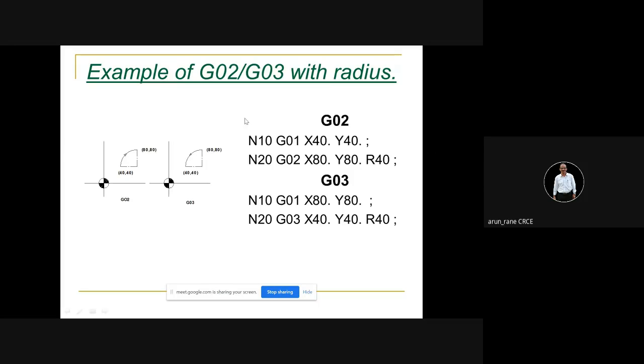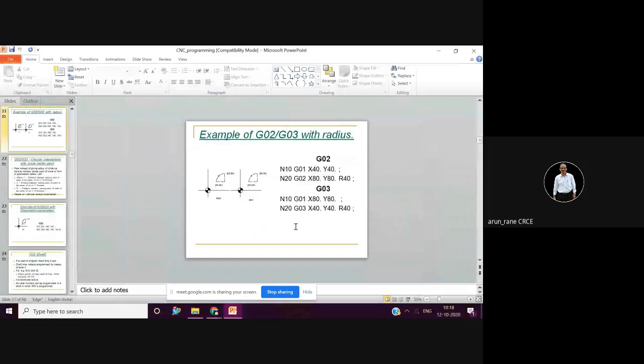Now by default, this is all in G90, remember. By default, it is in G90, that is absolute. If you are using G91, then it will become a little complicated. Like suppose in the first example, if I use G91, then